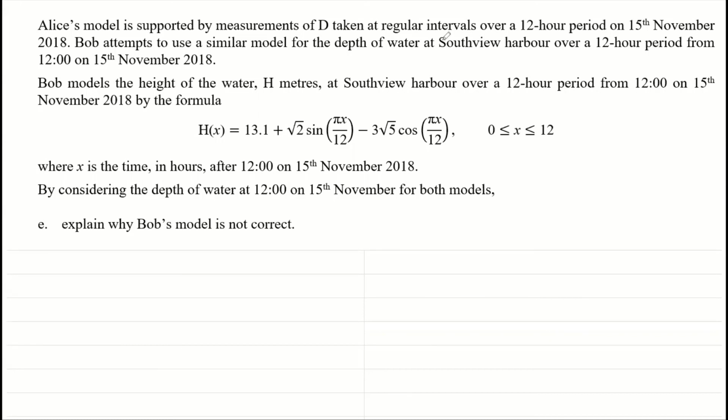So it says, considering the depth of water at 12 noon on the 15th of November. Okay, so we'll just state what's going on at those times. So for part E, at 12 noon on the 15th of November,